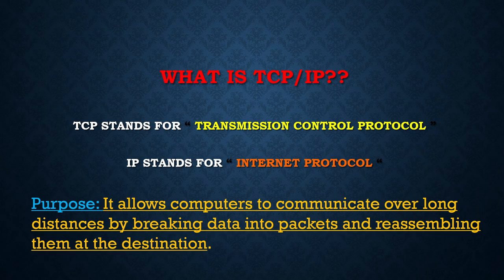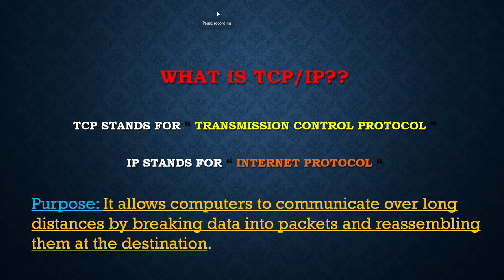The first one, PC1, is sending data, and TCP breaks the data into packets and reassembles it at the destination. That means PC1 is sending the data in the form of TCP or IP,